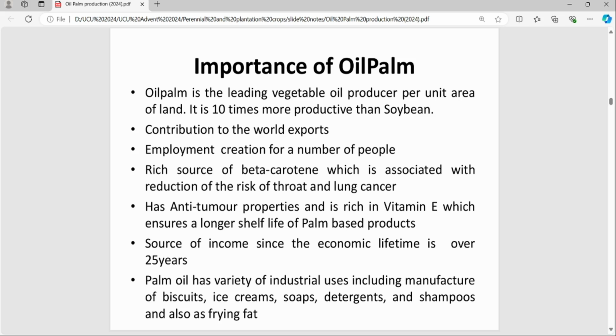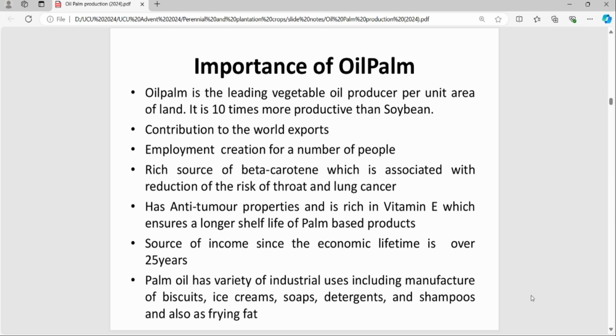We also see that the plant is a rich source of beta-carotene, which is associated with a reduction of the risk of throat and lung cancer. So people who use oil from oil palm have lesser chances of getting throat and lung cancer. It also has anti-tumor properties, and it is rich in vitamin E, which ensures longer shelf life of all palm-based products. It's also a source of income